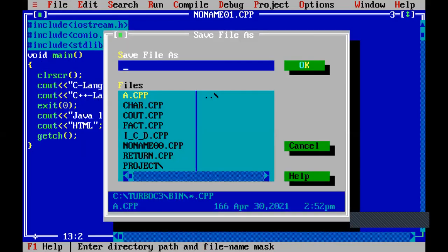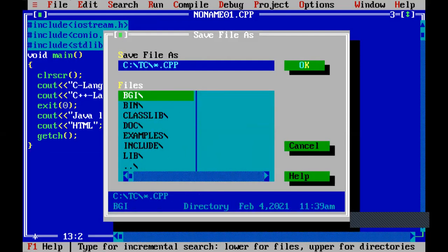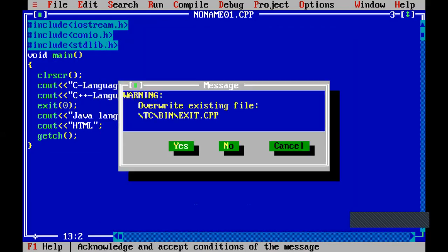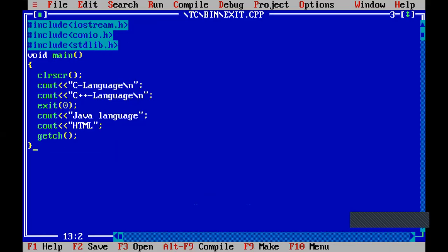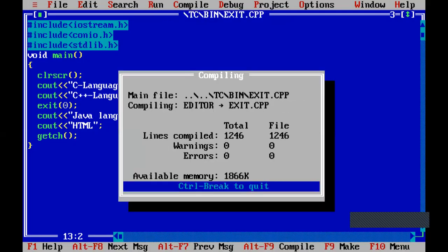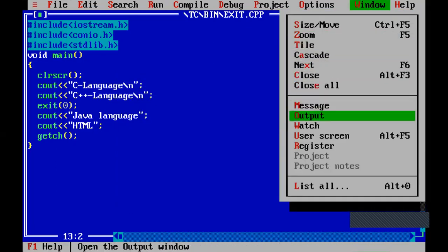Let me save it as exit.cpp. So now if you observe the working of the program, I will execute this program. If you look at the output,